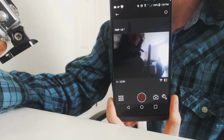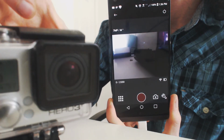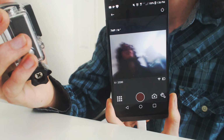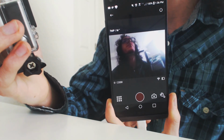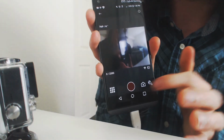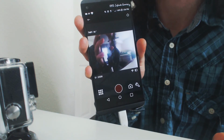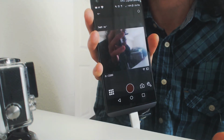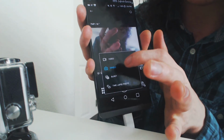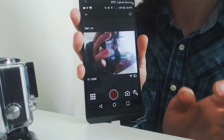This is a preview of what my GoPro is looking at. See this? If I go to the camera here, it's whatever my GoPro is looking at right now. Now this is shittier quality than what you will actually get. But if you hit this button here, you can take a picture, and you can do everything you can do on the remote, and more, actually. For one, you get a fucking preview. Two, you can just hit this button, and you can do single video, you can change the modes. And if you want to turn the camera off,